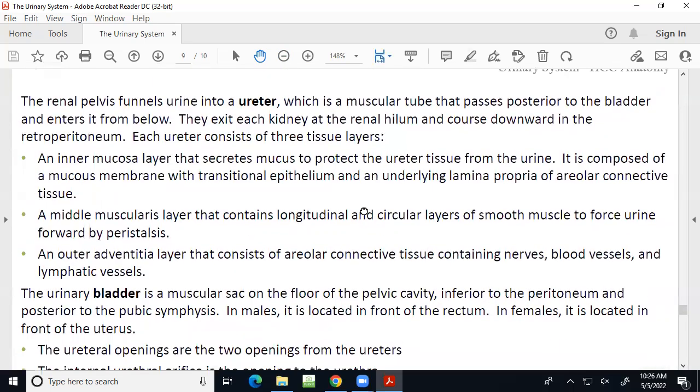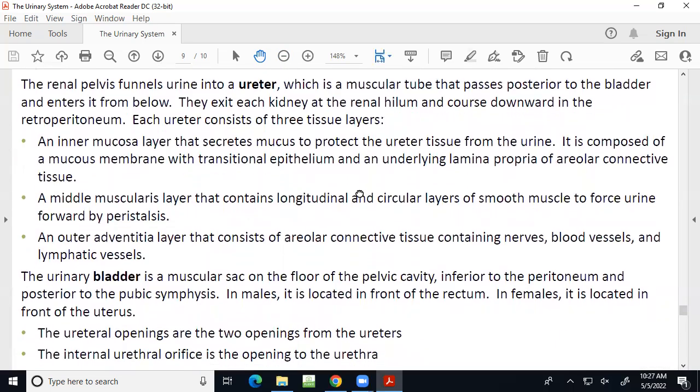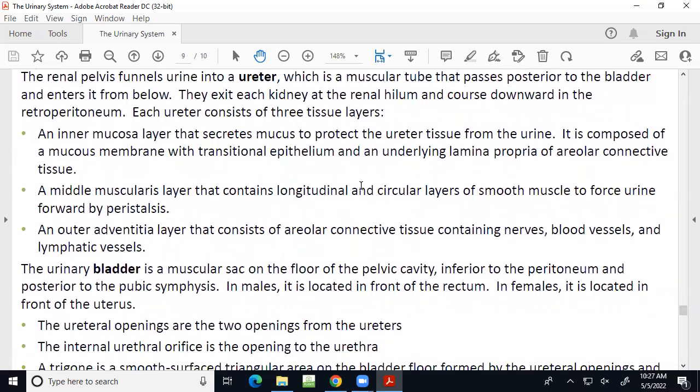All right, your renal pelvis attached to your kidneys is going to funnel the urine into our ureters. Our ureters can be described as muscular tubes passing posterior to the bladder and actually entering it from below. So your bladder actually fills up from the bottom because that's where the ureters connect to your bladder. We'll see that at the bottom in our picture. They exit each kidney at the renal hilum, of course, downward in the retroperitoneum, just like your kidneys are behind